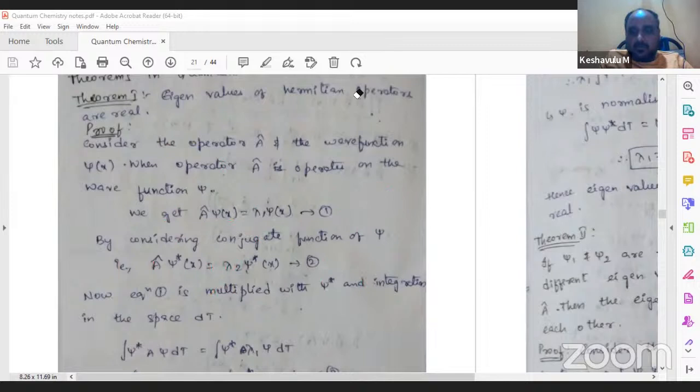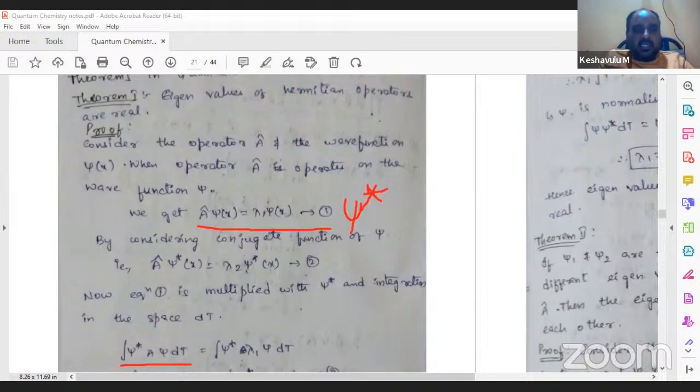Right. So just see. Here equation 1 will be there. This will be multiplying with the psi star only, right? Multiplying with psi star means here we get the equation: psi star into A into psi is equal to psi star into lambda 1 into psi, and integrating